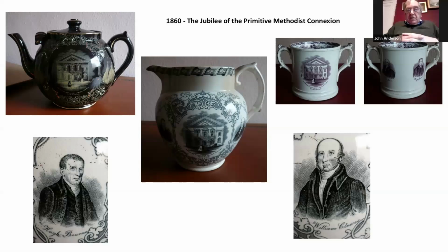Now the two items, the black teapot and the large jug, just have a transfer with arabesques around the chapel in the middle, and Bourne and Clowes. The small two-handled cup on the right is in slightly better quality pottery, and that again has the transfers of the chapel and Bourne and Clowes. At Englesea Brook we have a complete dinner service that came from Stephen,